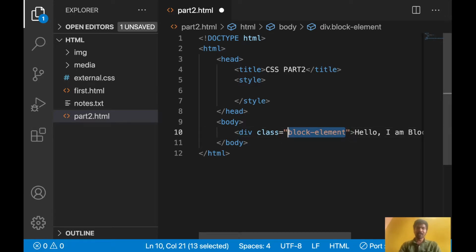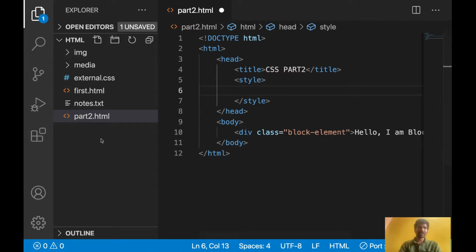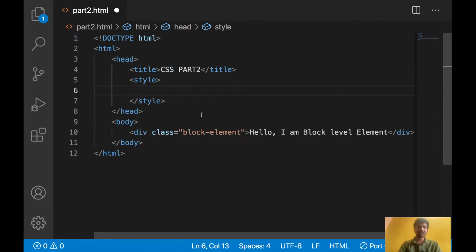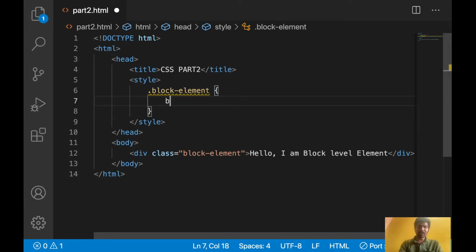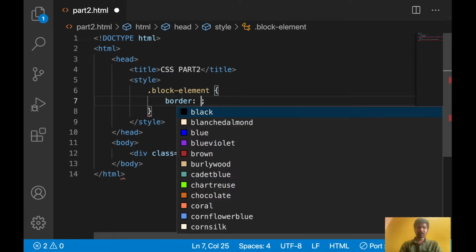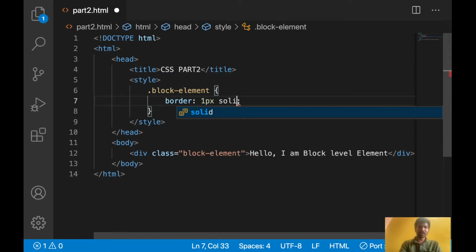Using this class I will identify the element, and I will hide the right side part to get some space. For this I will write some border, 1px solid red, just assume. I've given the border, let's see.